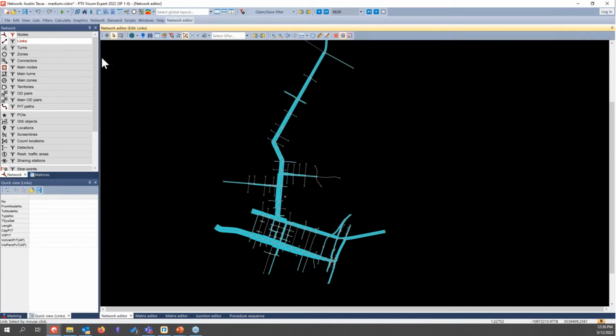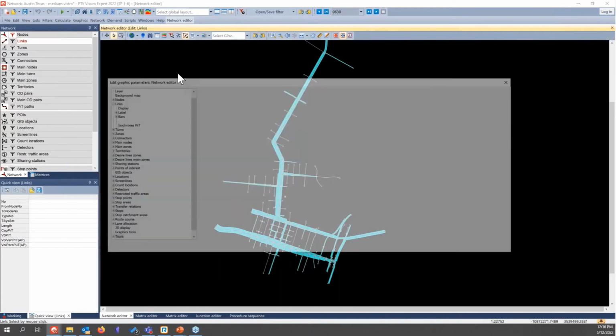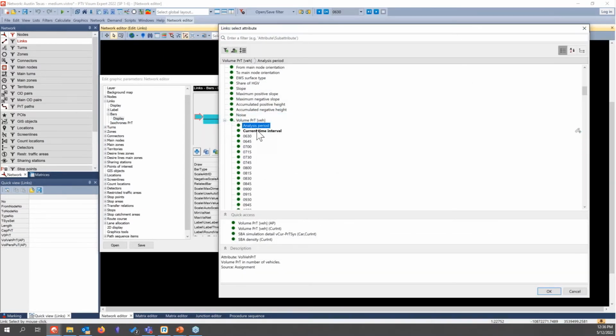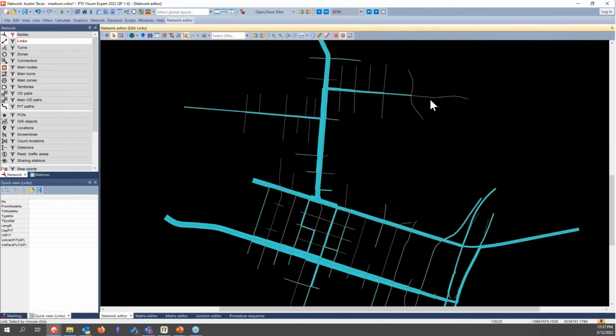In order to change that to dynamic, we're going to edit the link graphic parameters, link bars. So instead of this volume for the entire assignment, we're going to click, and it's going to come up. We chose the analysis period initially, which is the entire analysis period, but you can click current time interval, and this will allow you to view results for each of those individual 15-minute increments that we defined. So okay, okay. And now, as I step through, this is sample data, so it's not going to be a giant difference, but you'll actually be able to see these link bars change over time